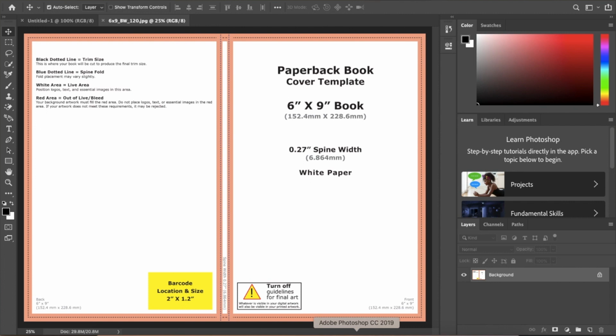So as in Canva, we had to create a template. We had to work out how big the cover was going to be with the spine and the bleed and all that sort of stuff. In Photoshop, you just open up this document that you download from the KDP website. You don't have to create a canvas, because that is your canvas, and then you just start adding your elements on top. So if we were going to make that basic same cover, you just add your shape,